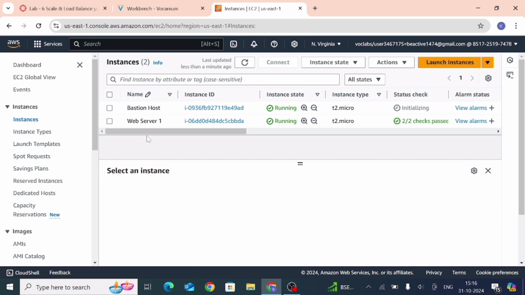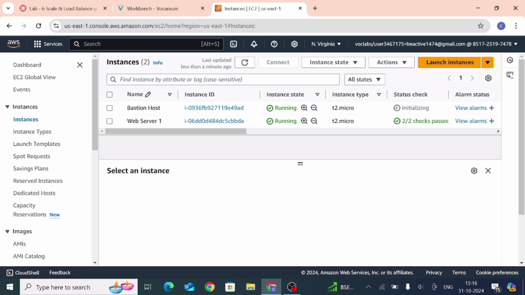Here we see the web server shows the status is 2 by 2 checks passed, but this first instance is not 2 by 2 checks passed.